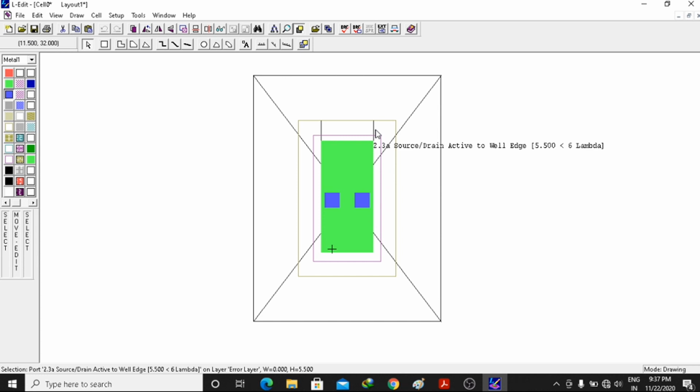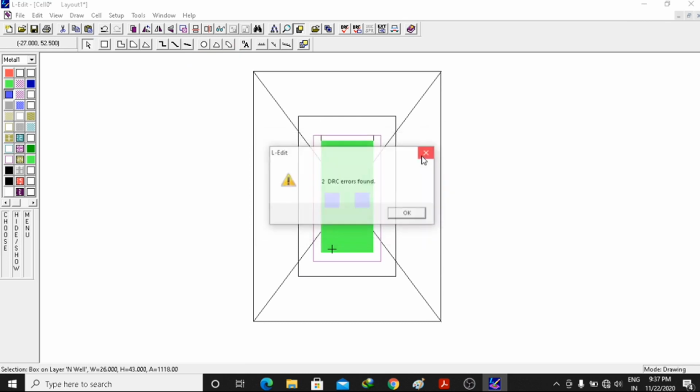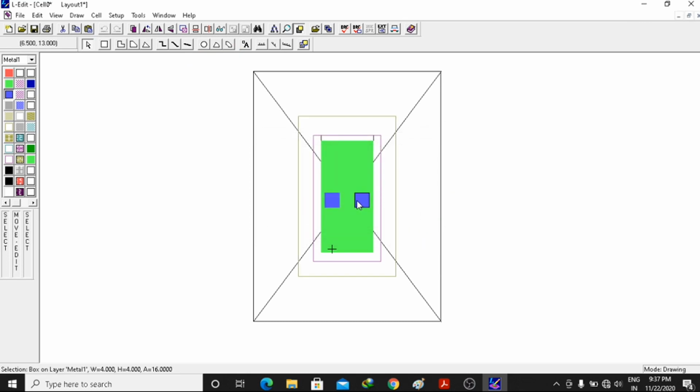Source to drain well to well edge is 5, but previously the error was eliminated. Why is it coming again? Okay, let's increase the size. So I'll click over here. Let's check DRC. The DRC error is coming. Why is it coming? I can't understand.